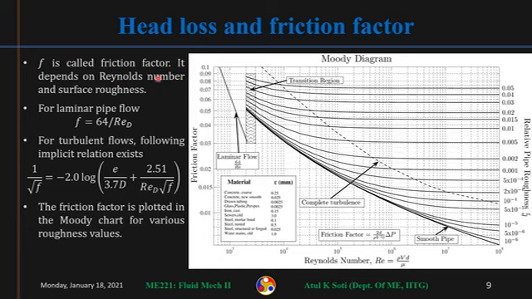So now, in order to know the head loss in a pipe, what we need to know is simply this friction factor. Then L, D, V square by 2G, all other things will be known to us, because that is in our control. How long is the pipe, what is the diameter of the pipe, and how fast fluid is flowing inside the pipe, that we already know. So only we need to know this friction factor F to calculate how much head loss will be occurring in a pipe. And why we need to know this head loss?